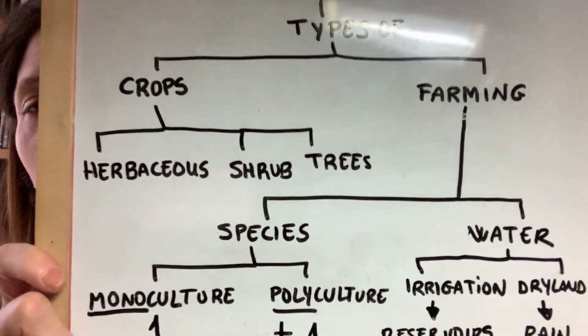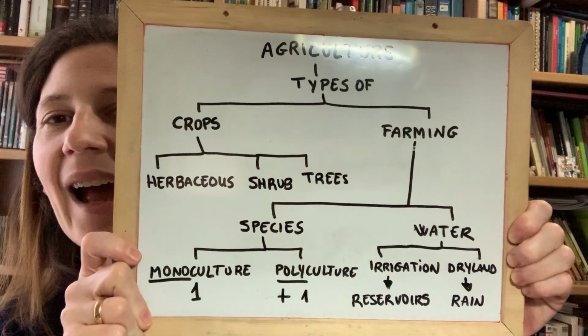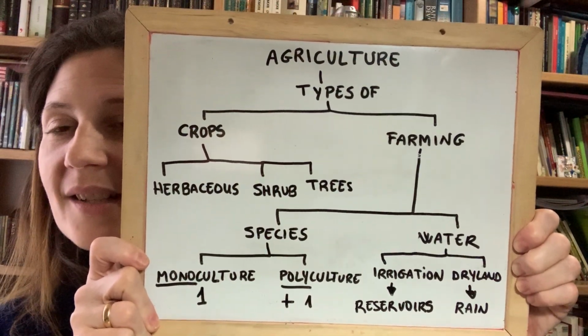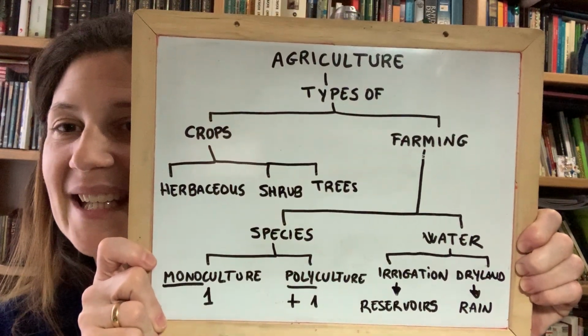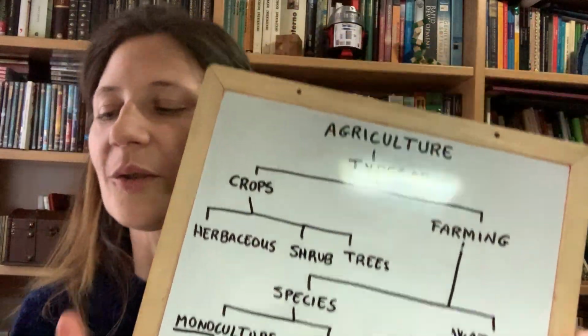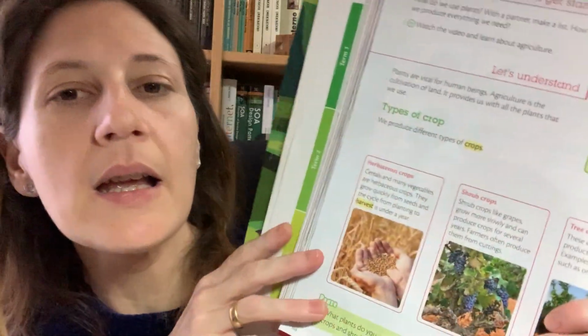So I hope that, let me show you. Okay, here we are. I hope that with this mind map, you can understand the structure of the units. Now I'm going to explain it little by little. Is it clear? Yes? Off we go. If you move on to page 58, okay, the types of crops, depending on the kind of plants that they